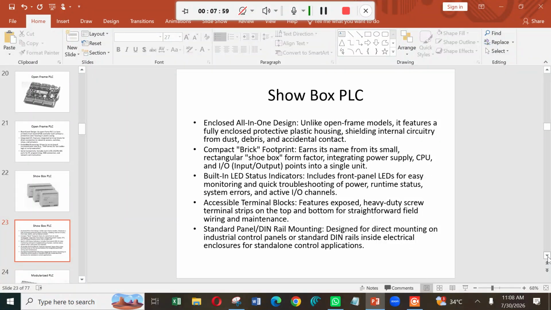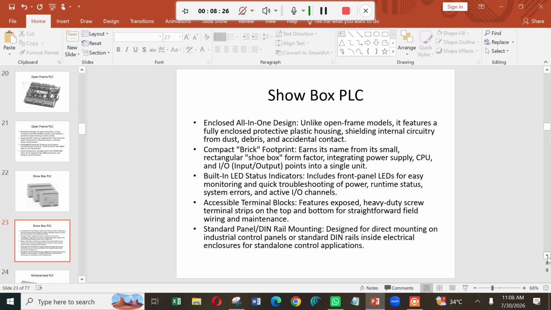Fine. Now then, compact brick footprint. It looks like a brick, hence its name. A small rectangular showbox form factor, integrating power supply, CPU, and input output points into a single unit. It's more or less like the previous board only. But here there may be a dedicated integrated power supply inbuilt.